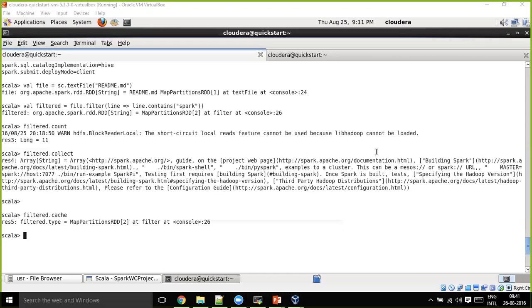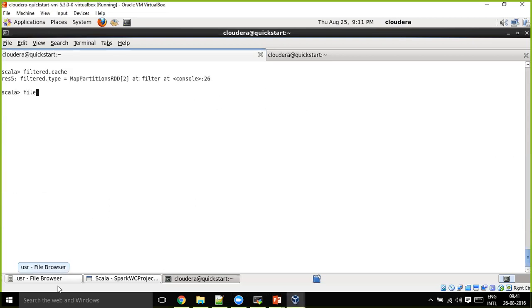Okay. Shiva, one more thing. We created an RDD, right? Like val file equals sc.textFile or something. So how can we identify this is an RDD or just a normally created variable? How can you identify that? If you have a file, so if you just type file, that gives you that it's an RDD.